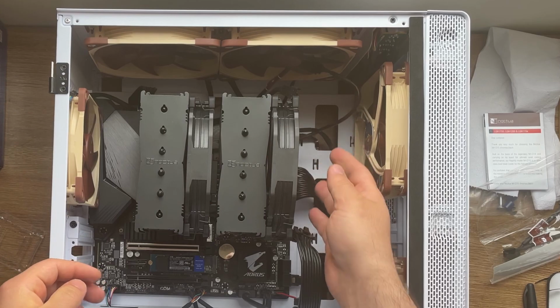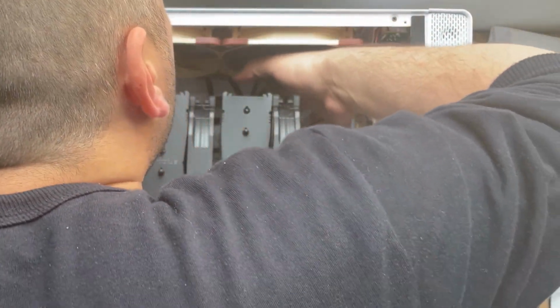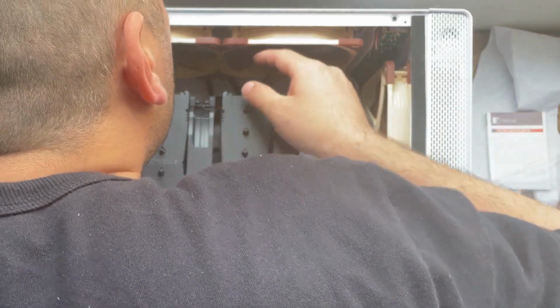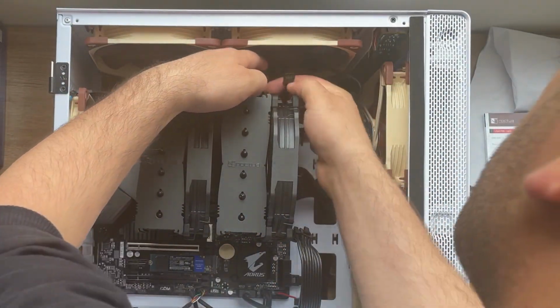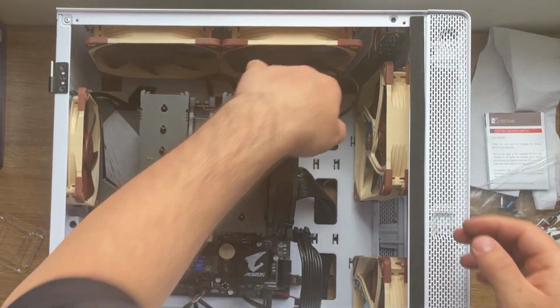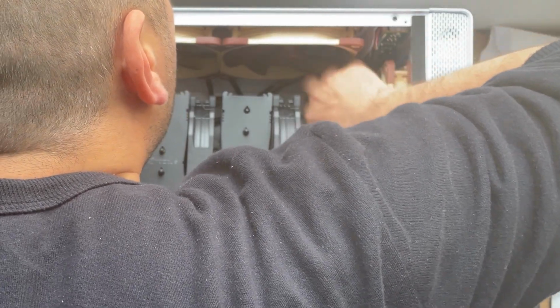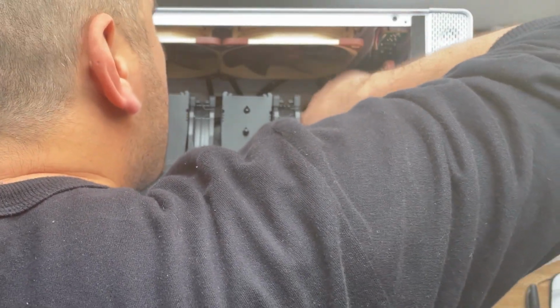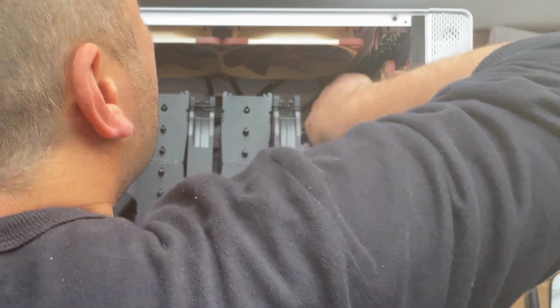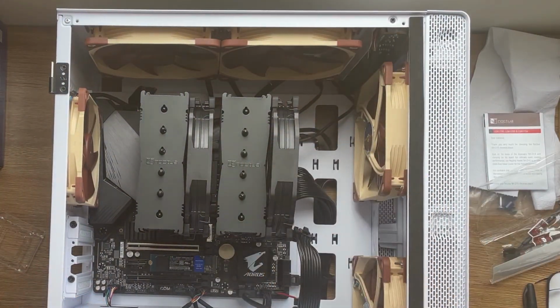The 3 pins I connected in here. Now I need the other one for the 4 pins, which is this one. Okay, all right. But as you can see, so far no cable management, so I'm gonna have to organize these ones somehow. I'm gonna just put them here like this for the time being, and then I'm gonna organize them. The next thing,